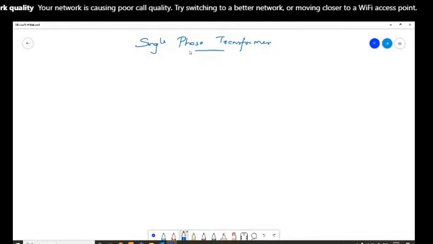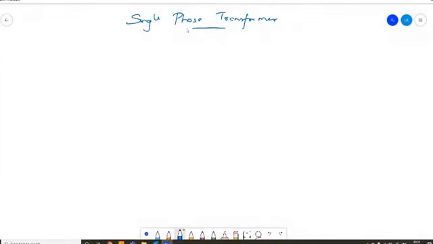if you look at your mobile charger, if you take a closer look at the rating of that mobile charger, maybe it is 5 volt, and then some current limitation is given. So now you have a requirement to step down that voltage, a higher voltage to a lower voltage for a particular application. In the same way, at some point of time, you may have to step up the voltage. So how do we do that? We do that with the help of a transformer. Okay. So how does this transformer work?